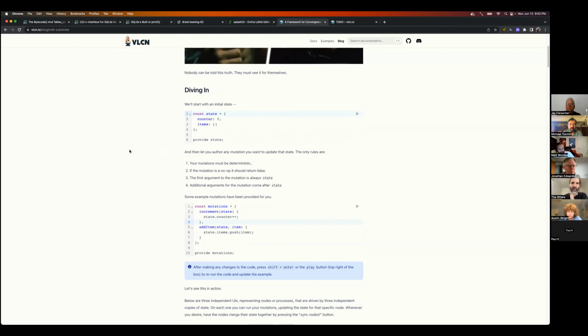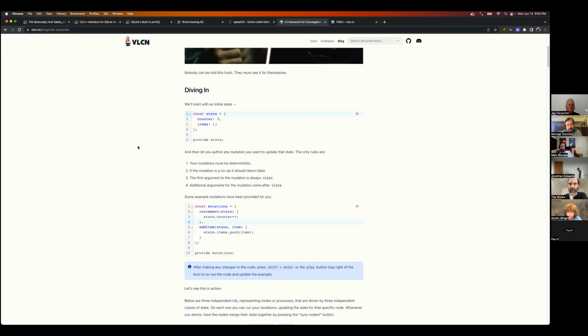Cool. Yeah, so I guess I'll start with a high level idea, which is: if you're giving developers CRDTs to converge their state, then they kind of have to know what CRDTs to pick. So, oh, this variable needs to be a counter, I need to choose a counter CRDT. This thing's a list, I need to choose a list CRDT. These things maybe are last write wins, I need to choose last write wins CRDTs.